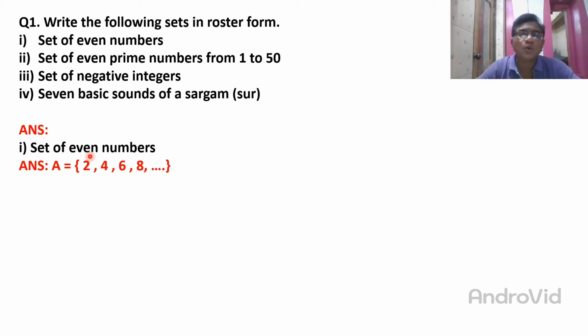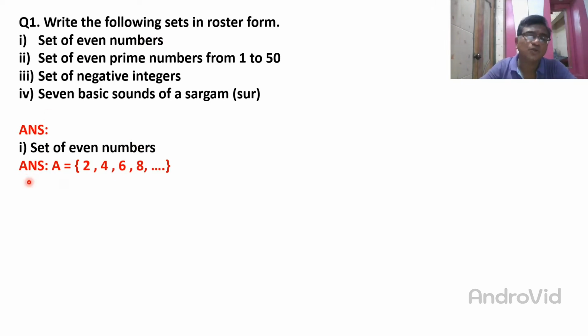Okay, my students. So here we write the even numbers 2, 4, 6, 8, and so on. The even numbers are uncountable. Where they end, I don't know. So when such a condition is there, you can write any 2 or 3 examples and then put dots, because they are not giving a limitation here. The question says set of even numbers. They do not say to write the even numbers between 1 and 10. If they say it that way, then we write all the numbers. But if they are not giving a limitation, you can write any 3 or 4 even numbers and then put dots.